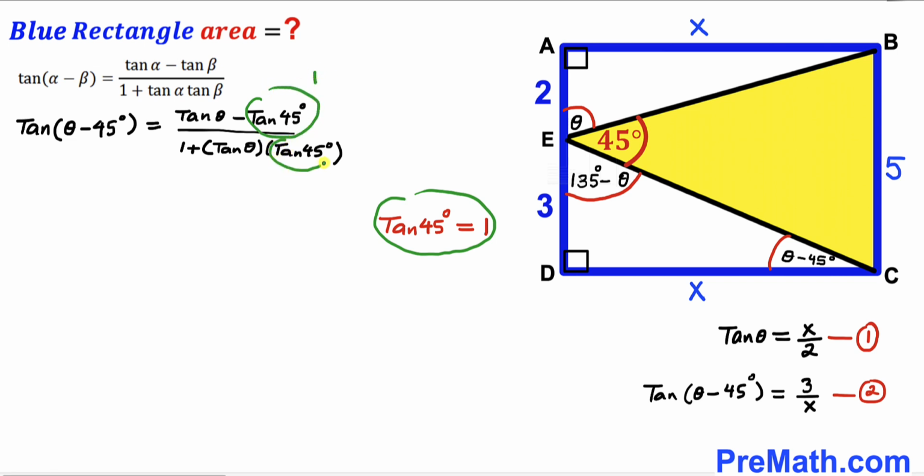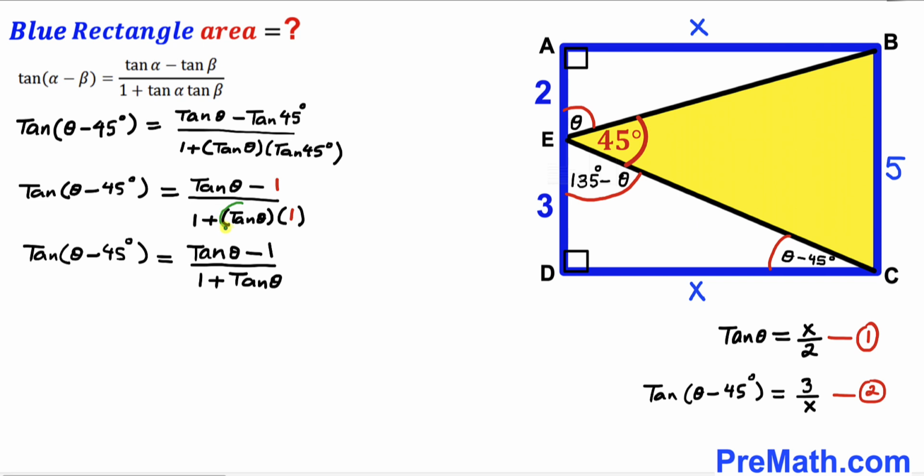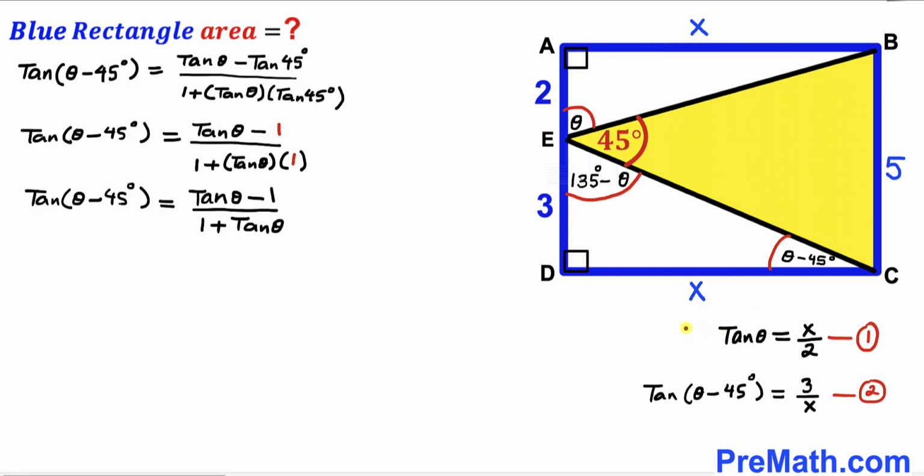Likewise, I'm going to replace tangent of 45 degrees with 1 as well, as you can see in this next step. And in this next step, in the denominator, 1 times tangent of theta is the same as simply tangent theta. And now let's focus on this equation 1. We know tangent of theta is equal to x divided by 2. So therefore, I am going to substitute x divided by 2 for this tangent of theta, and likewise over here I'm going to replace tangent of theta with x divided by 2 as well,